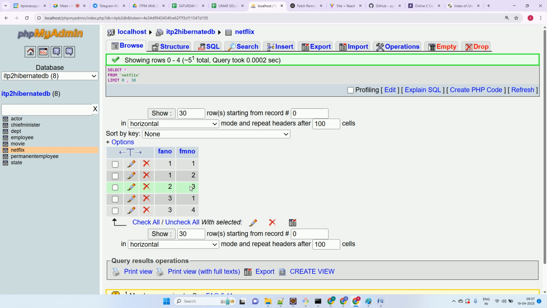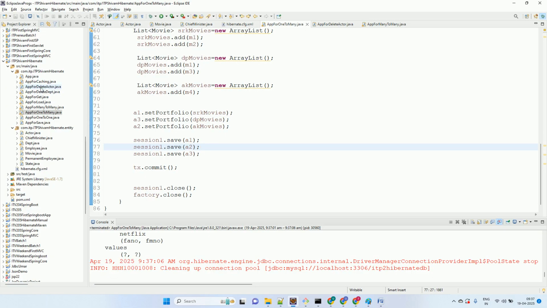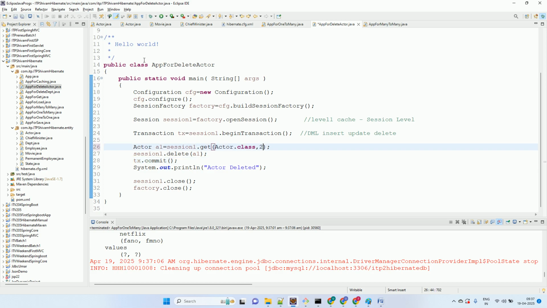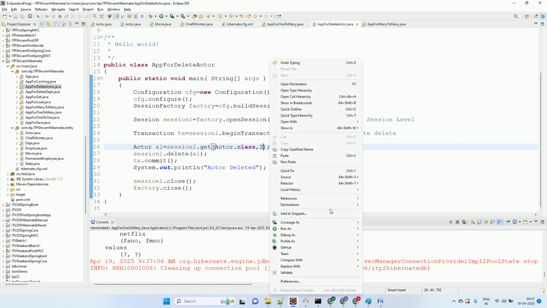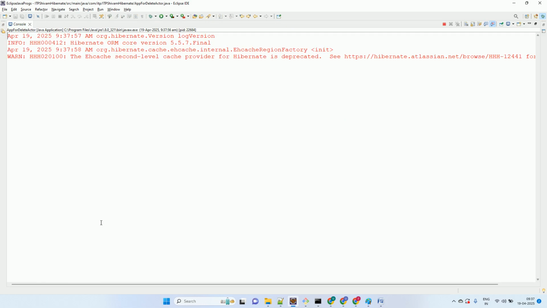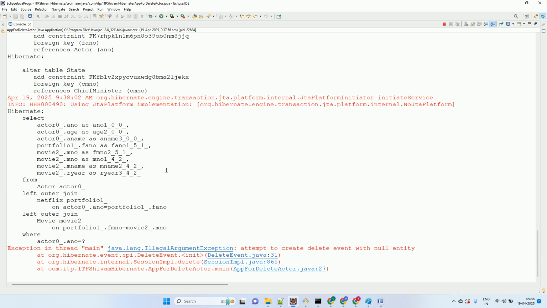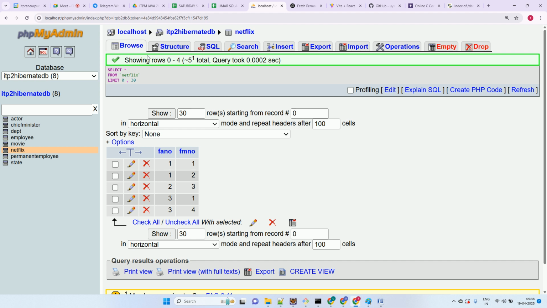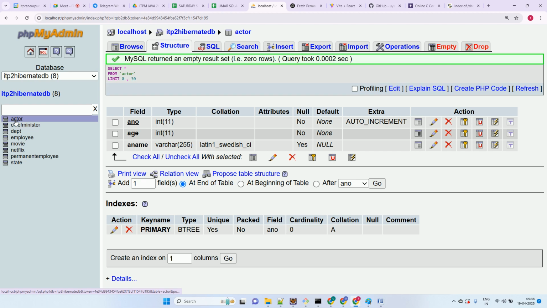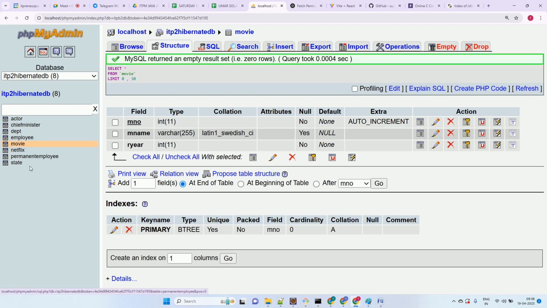तो लेट्स ट्राई टू डिलीट एक्टर नंबर 2 देन। डिलीट फ्रॉम एक्टर, एक्टर नंबर 2 को डिलीट करते हैं तो उसकी मूवीज को डिलीट कर देगा। हो गया डिलीट। So let's go and check if actor number 2 is deleted. क्या कर दिया उसने? सारे एक्टर डिलीट कर दिया उसने। मूवी सारे डिलीट कर दिया, और नेटफ्लिक्स भी खाली कर दिया उसने।